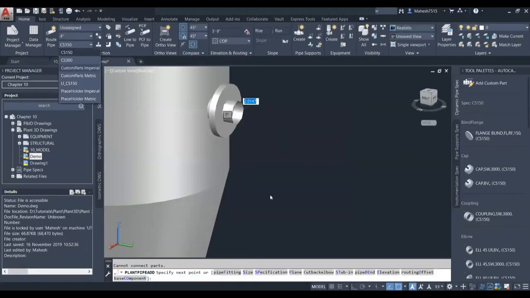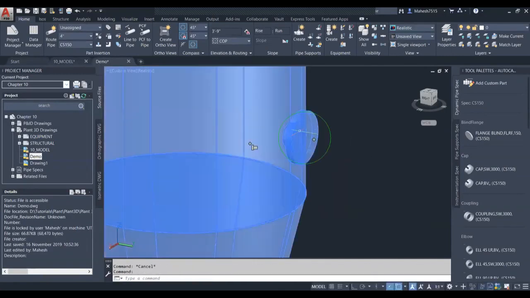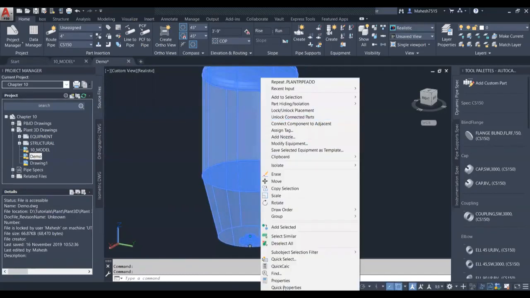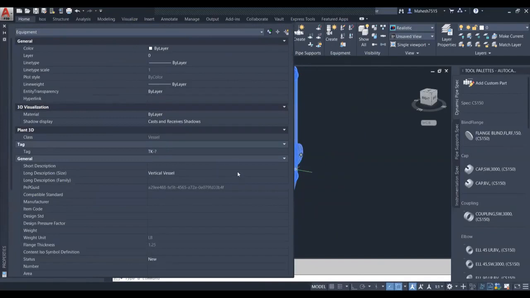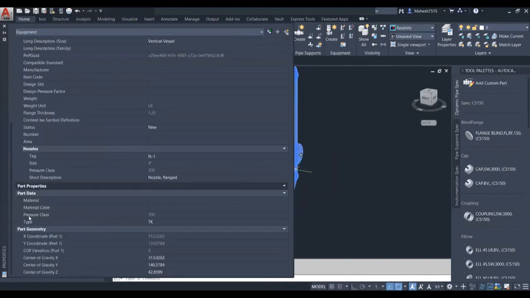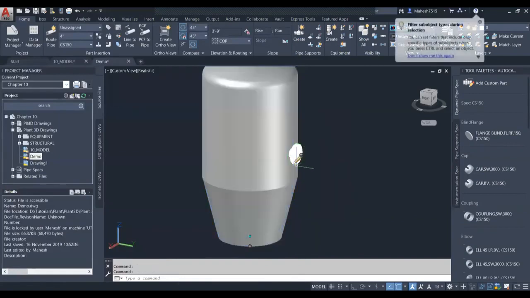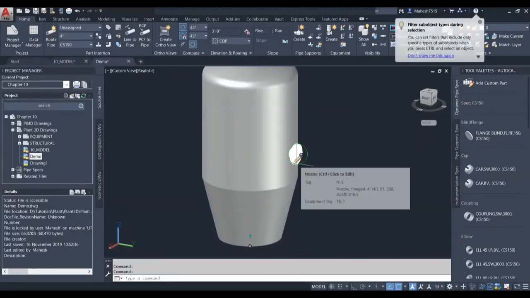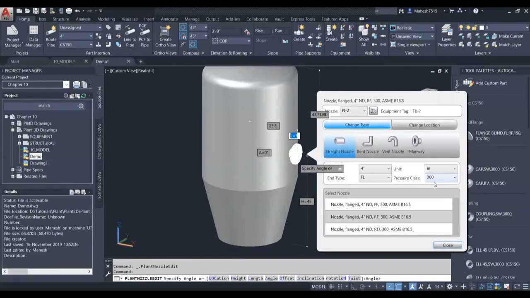So where we can see pressure classes before getting an error is, we can see the properties of the equipment. So it has pressure class 300, and also in case of a nozzle alone, we have an option to pick up a nozzle alone by control click, left click. You will get a pencil symbol. So there you can change, if at all you need only 150, you can change it here. Go for 150 and you'll be able to route a pipe now.